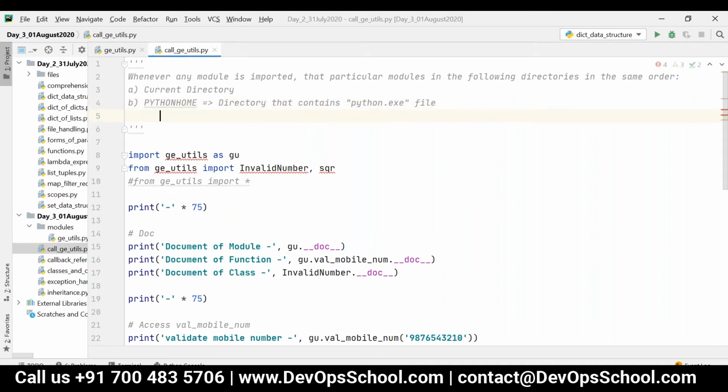Next it will be searched in your Python home directory /lib, which contains all the core modules which are installed by default.